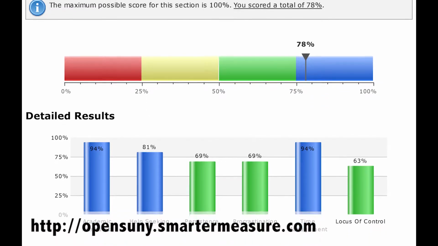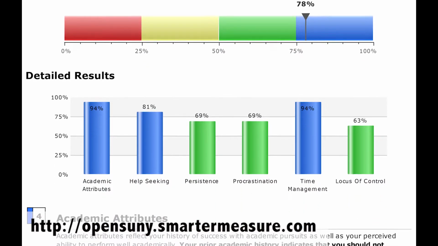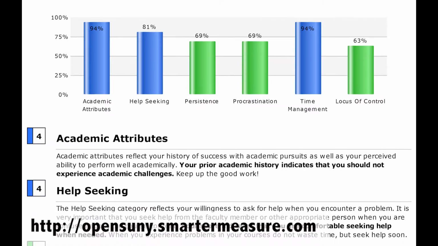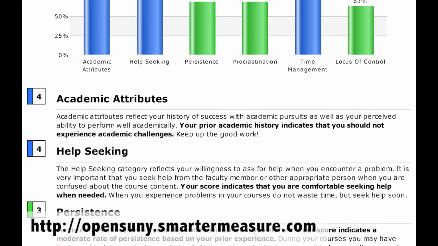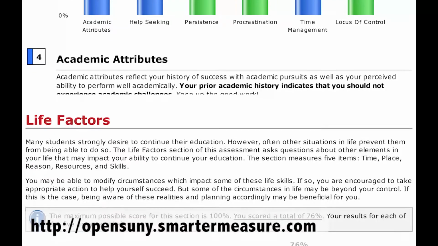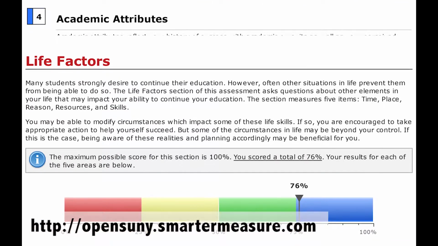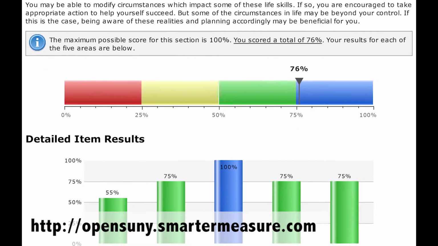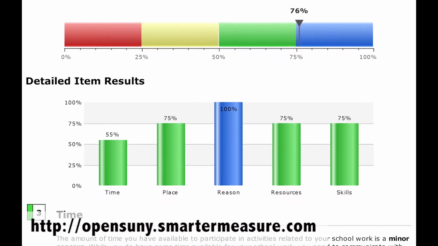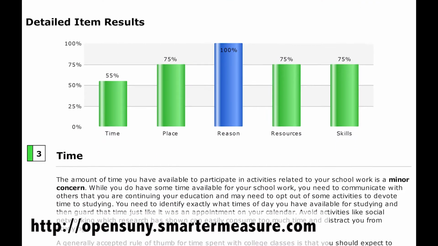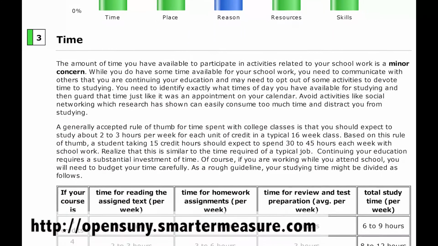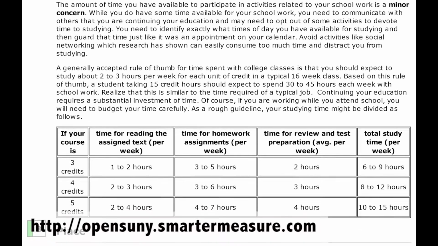One thing that John and I listened to about Smarter Measure from other schools that participate in Open SUNY is that other schools are requiring this from their online students before they can even register for their first class. So we are working on making the Smarter Measure a requirement before they can register. So as they go through the online orientation, they complete the Smarter Measure tool, submit it as an assignment, and